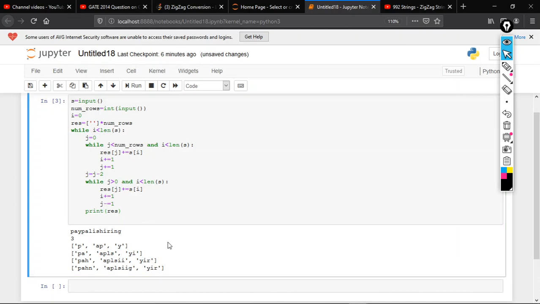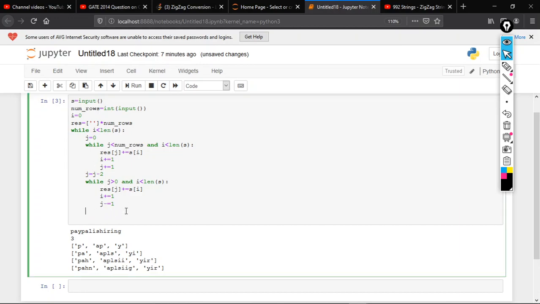So what basically is happening, if I start with while i less than length, so i is basically first 0, so i is pointing to the first p. Again then I'm initializing j with 0, and now while j less than number of rows, so why j less than number of rows, because I have only three rows, right? So for that I have only three null strings. So for this purpose I am taking the condition as j less than num of rows, and after every iteration I am initializing j with 0, because after every iteration I have to come back to the first element of the list. Okay,